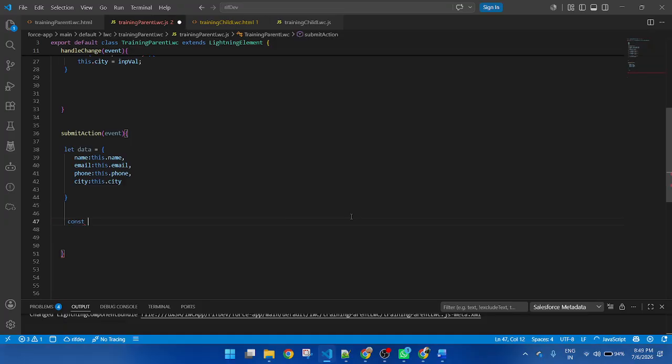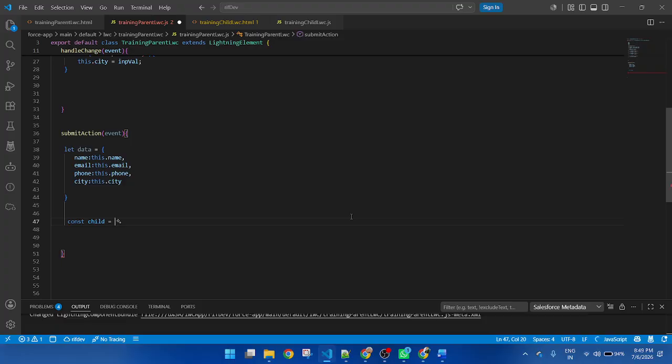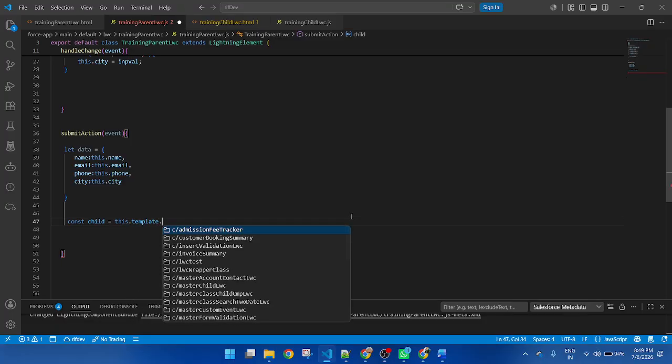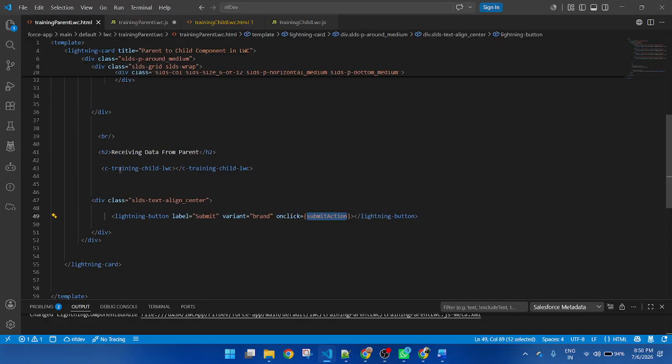Constant, let's suppose child, this dot template dot query selector. First, I am getting the child component. So this is the child component.